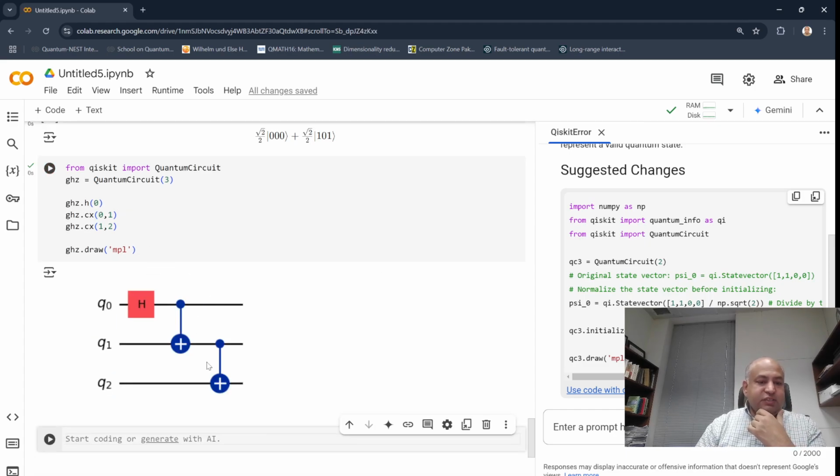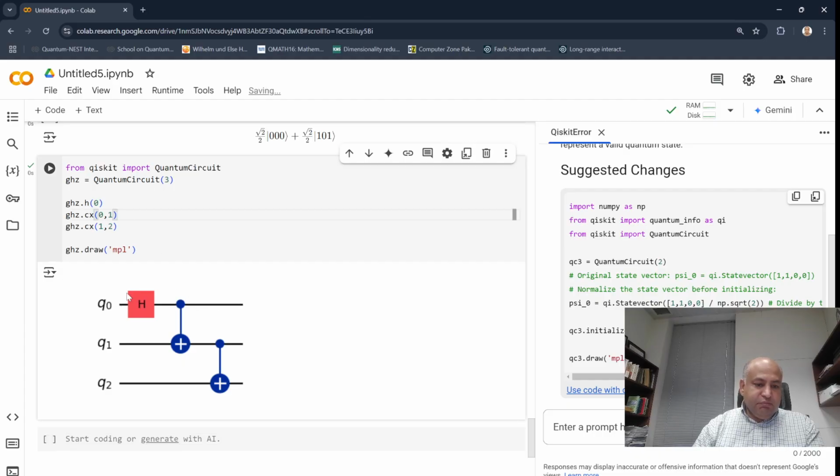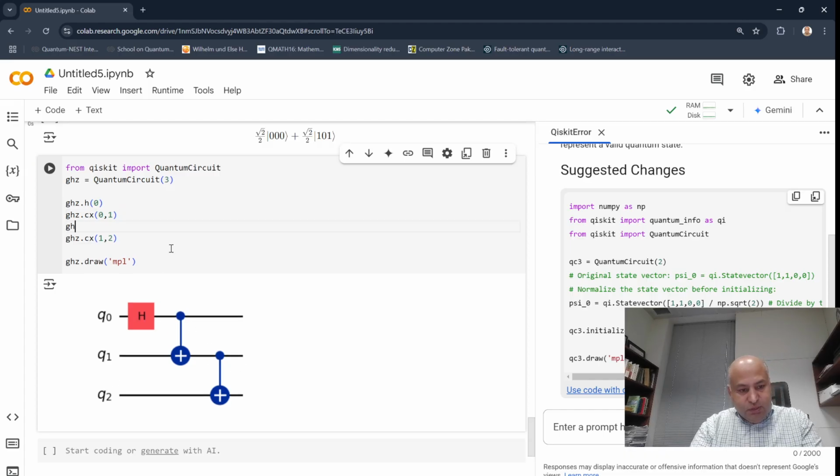Alright, so this is a circuit, and suppose I want to find out the state vector somewhere in the middle. Maybe somewhere over here or here, I can put this anywhere. So what I can do is use GHZ dot save state vector,